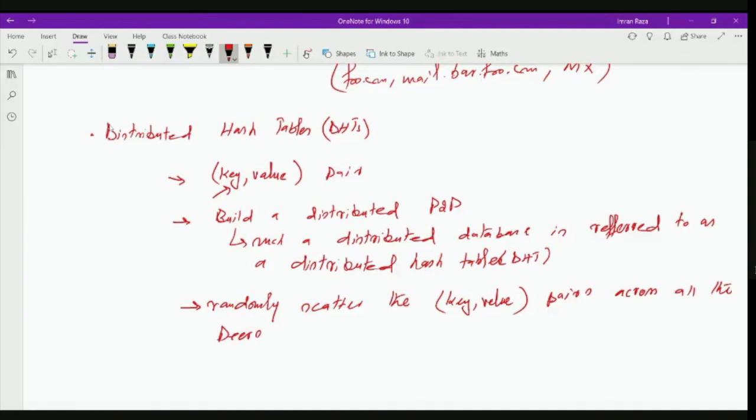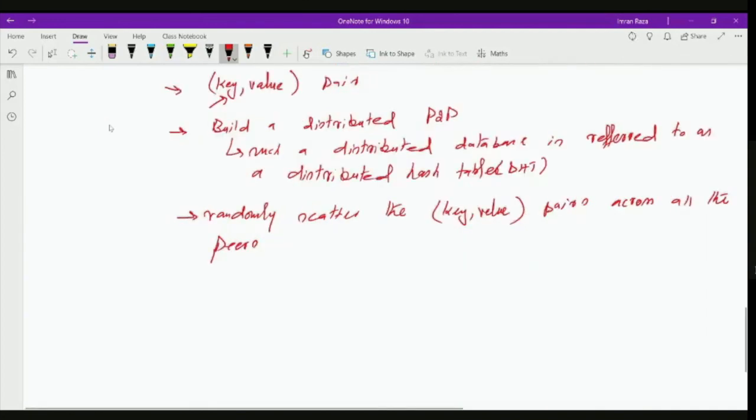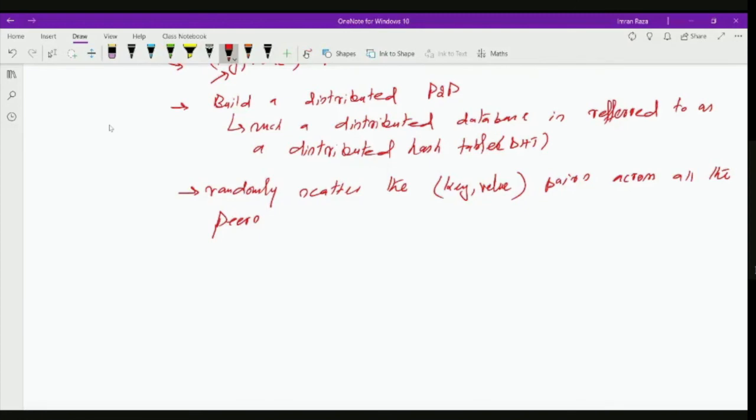Okay, so instead of storing on a single server, since it's a peer-to-peer network, we want to build it distributedly, by scattering randomly the key value pairs across all the peers, and then we can have a list